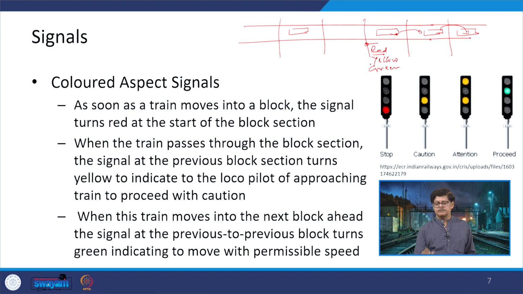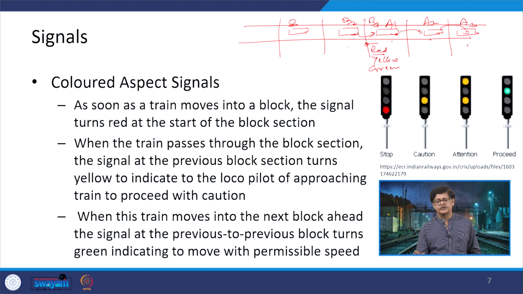So, when it becomes green, it means the train which has come here now can move into this area, whereas the previous train. So, when we are talking about this train, this is A1 condition, A2 condition and A3 condition. As soon as this has reached here, this is B1 condition and B2 condition. So, when this B2 condition becomes B3 here, this is green, so it can move into this particular section,